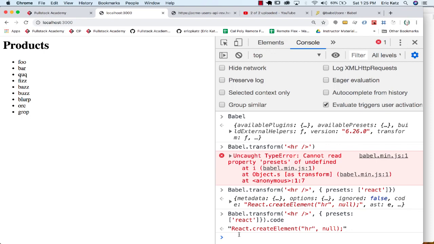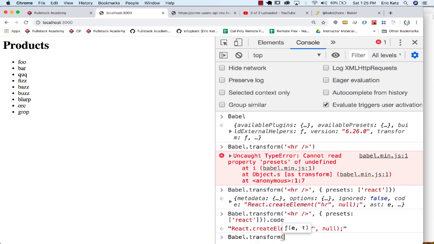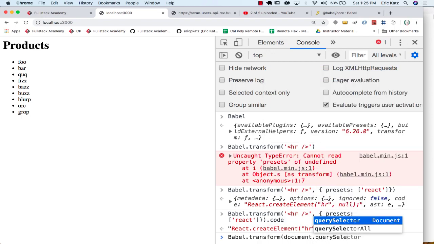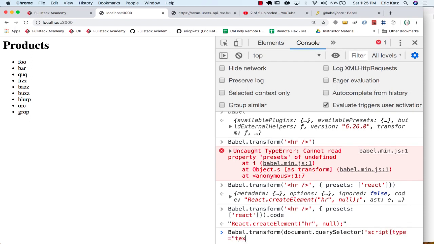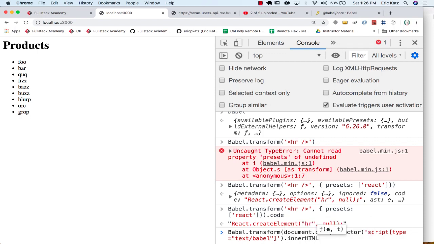What's kind of funny about this is that we could actually show what's happening inside the browser by going in here and saying Babel transform and literally doing document query selector. And we can find the script with the type of text Babel. Again, I have to worry about my quotes here a little bit, which is a bit of a drag. And I'm going to use the inner HTML of that script, and I'm going to put a preset here of,